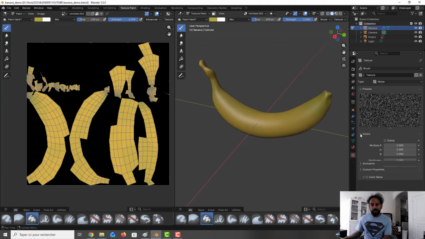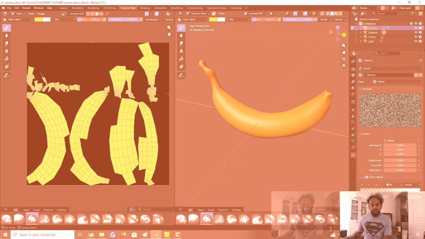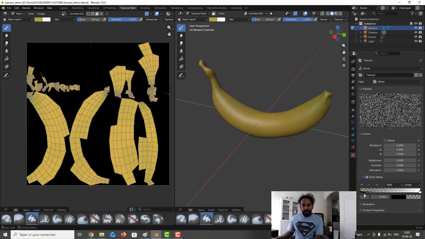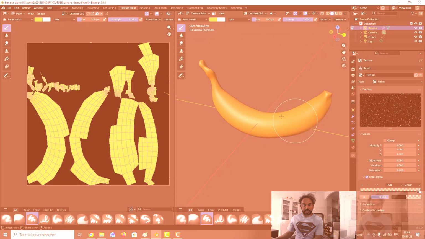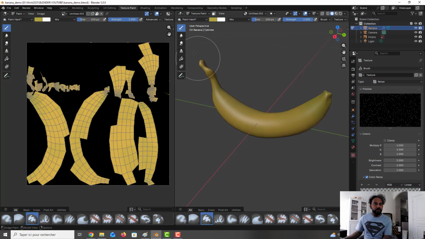So I go to the color, I go to the color ramp here, and you can just check it. I take the following part here to reduce the noise like this. So we will take something more